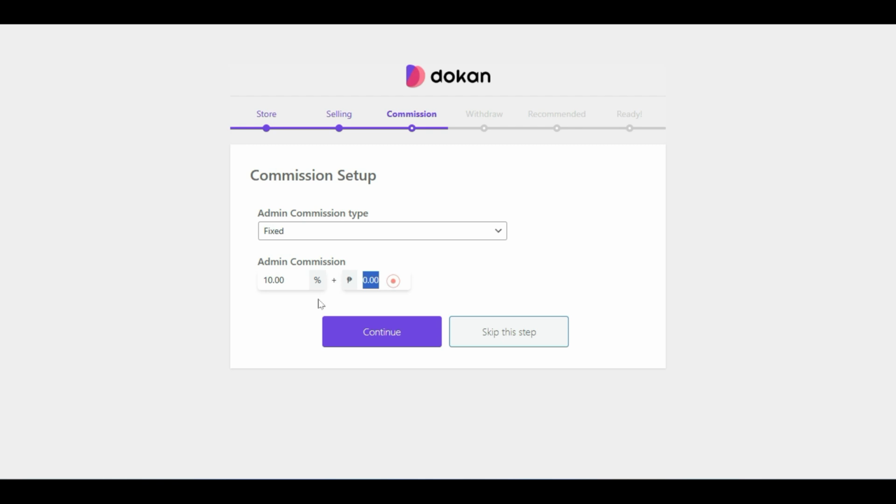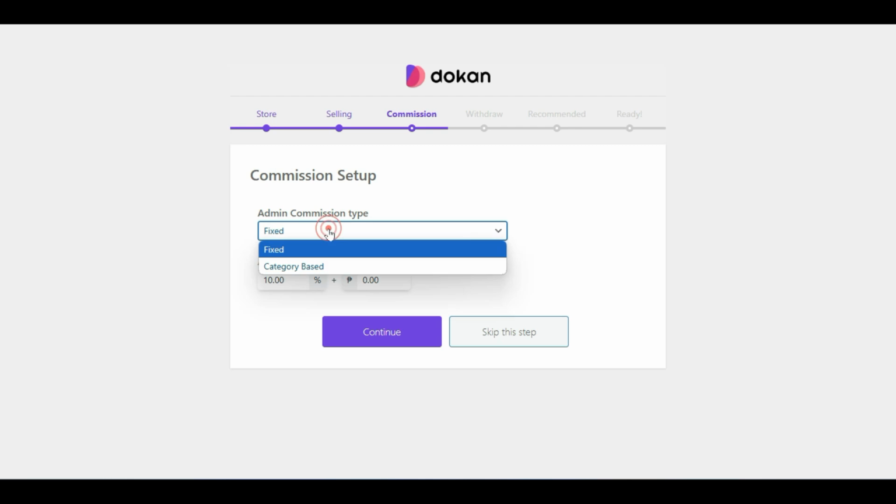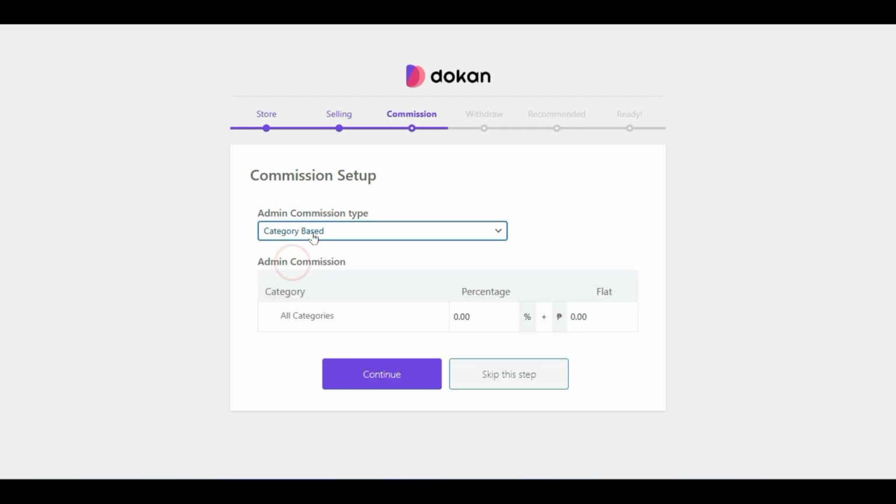And you can even set it, in your case there might be a dollar sign, and you have to provide 10% plus if you have extra fees. Okay, you can even change to category based. You can set every commission to every category, like if you have multiple categories,